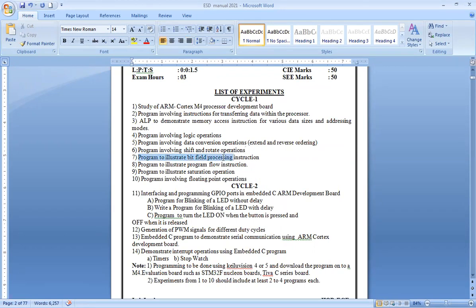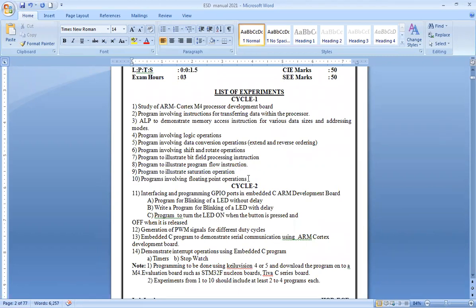Then a program to illustrate bit field processing instructions. For example, you have zero, carry, negative, overflow. All these bits, how do we extract information from these bits and how do we find out the values? Then a program to illustrate the saturation operation, and programs involving floating point.